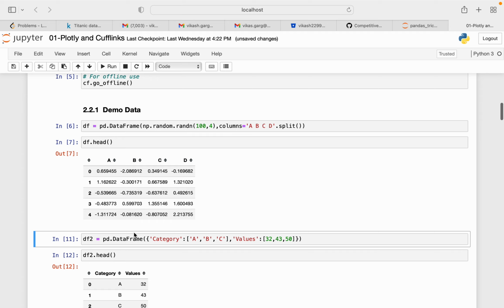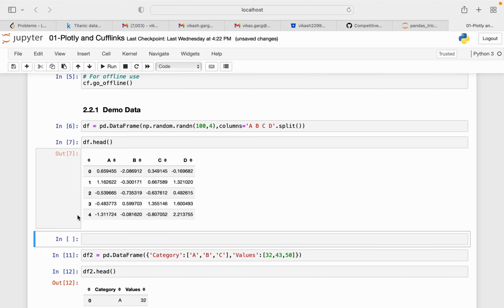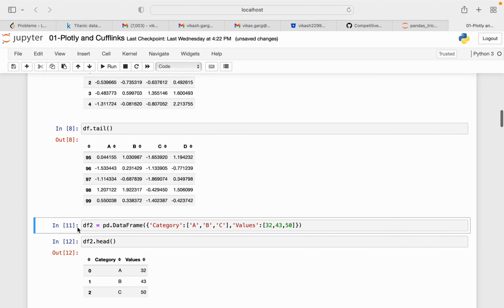As you can see, this is my data set. Now if you want to look at the last rows, you can do df.tail, sorry. So this will give us the last rows.